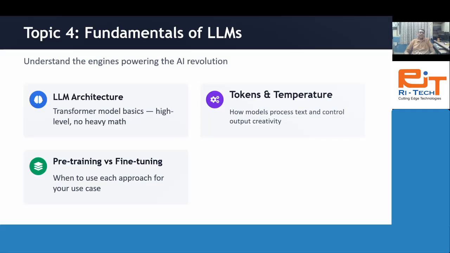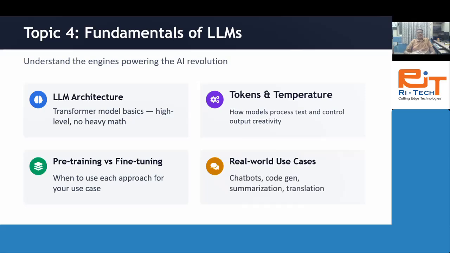Based on the scenario, the problem that you are solving, here we decide which model to choose, how the training will be given, and how to fine-tune the model. Now implement some real-world use cases like chatbots or code generation, summarization, translation, essay writing. You can implement any kind of thing here.